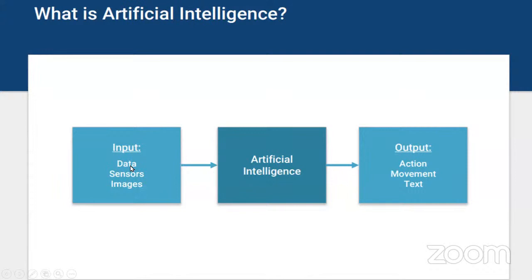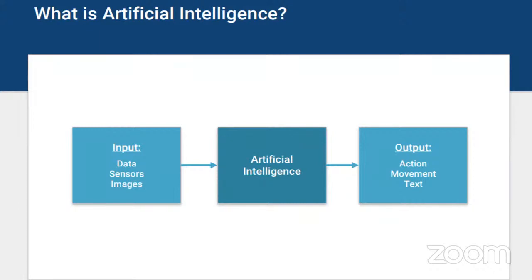The data could be coming from Excel data like rice production data, or an Excel spreadsheet with the last 100 years of temperature and rain data in a particular territory, or it could be images which a drone or robot has taken from the field. All of that can be the input to your artificial intelligence, and artificial intelligence is nothing but statistical and mathematical software programs which produce the output.